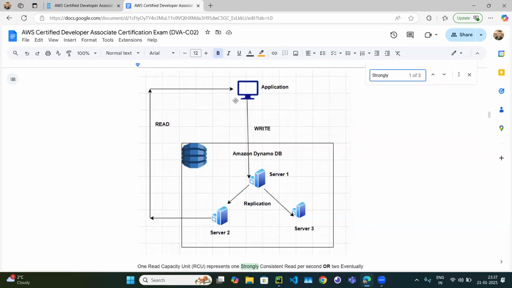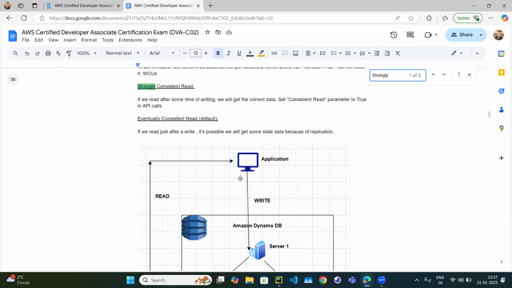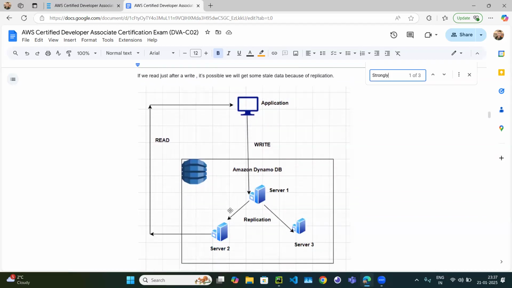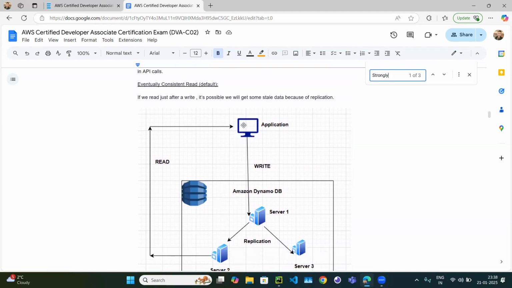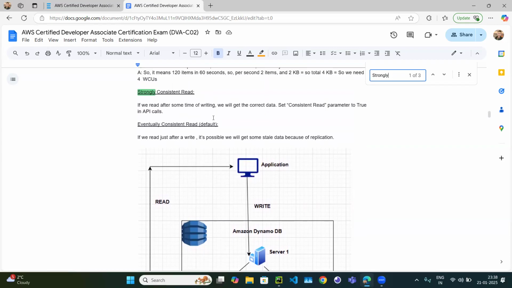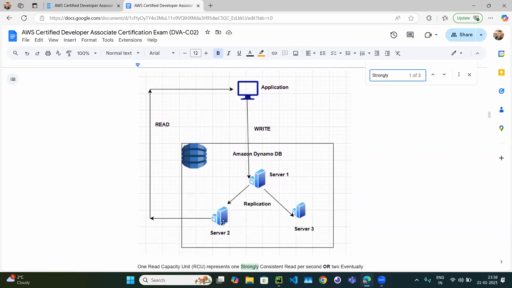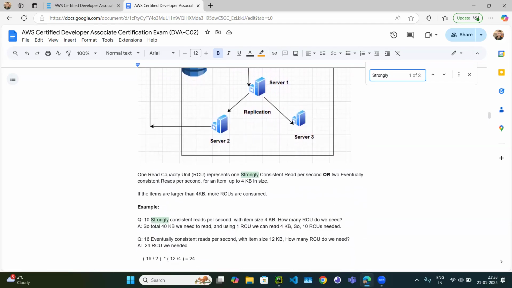So if you write and immediately read, that is eventually consistent. If you read just after a write, there will be chances you will not get the proper data. But if you write, then wait for some time, then read, that is called a strongly consistent read. In that case you will definitely get the updated data. And one RCU represents one strongly consistent read per second, or two eventually consistent reads per second, up to 4